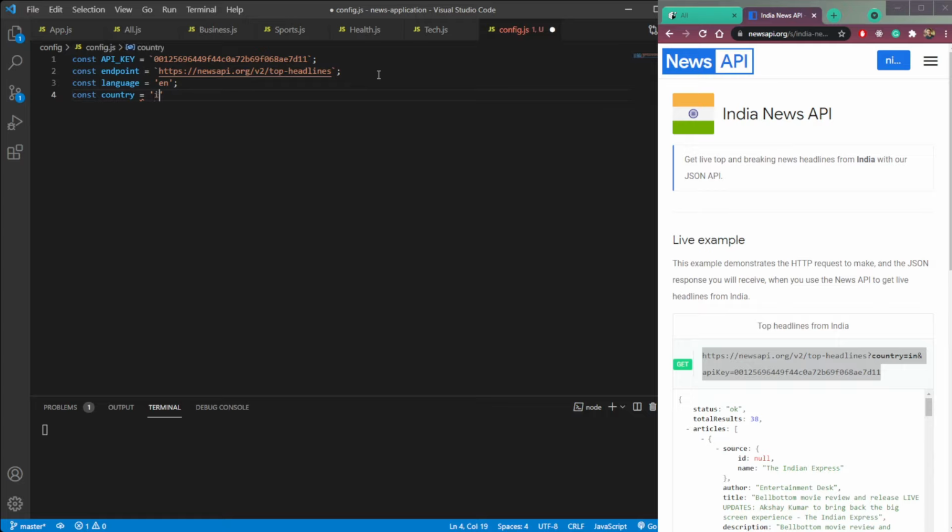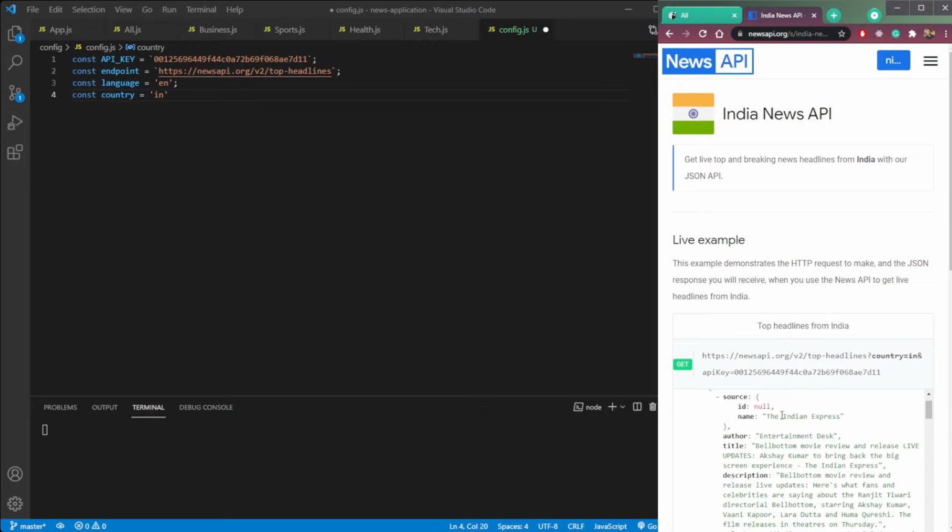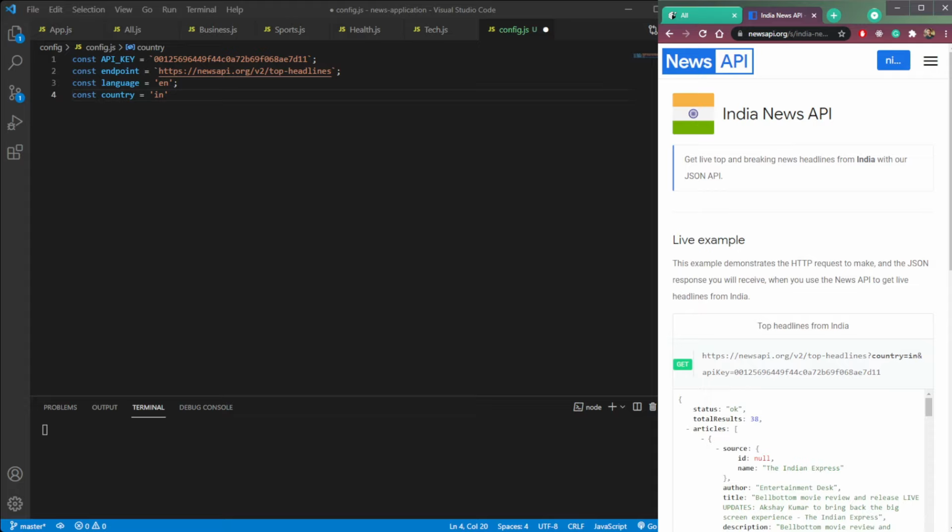Let's make it India, IN. As you can see, we have IN here as country because we are in India. If you are from anywhere else, you can use your country in the country variable and then save it. Now we have the API key, endpoint, language and country.